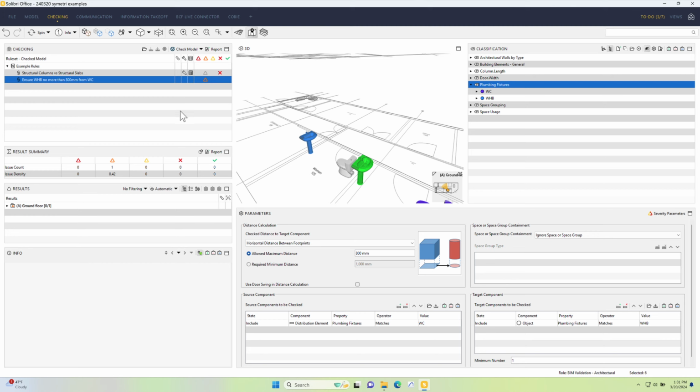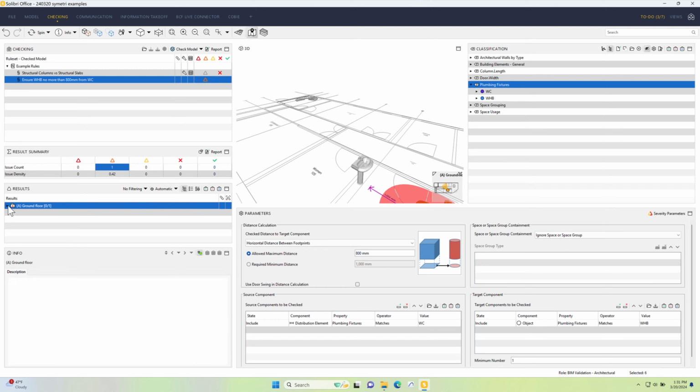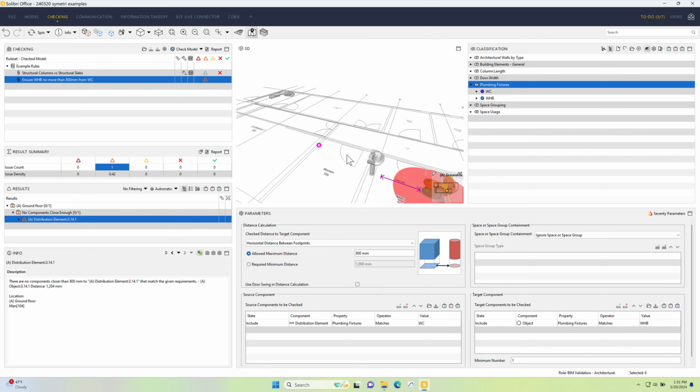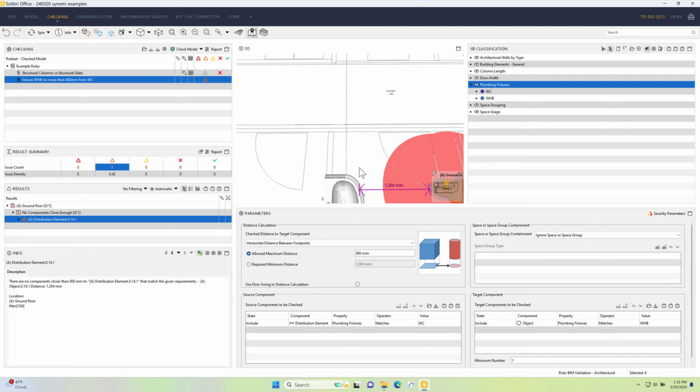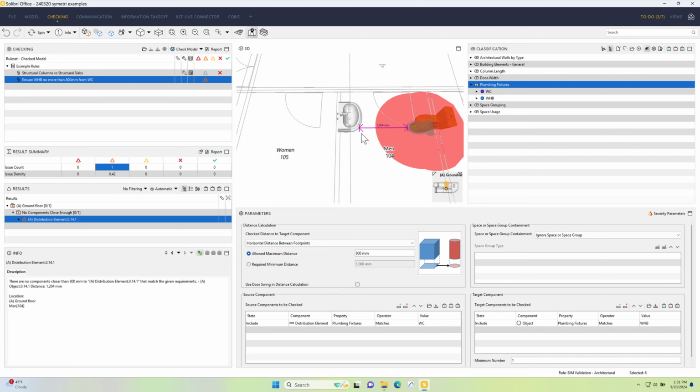So this one, I've deliberately picked this because it's got a couple of things just to make you aware of. So we've gone and run that, and we can see that we have one result. If we drop down in here, we can see what it actually says. And it tells me the components are not close enough. So if I go and look at this, and I'm very deliberately setting the view to be something like that,